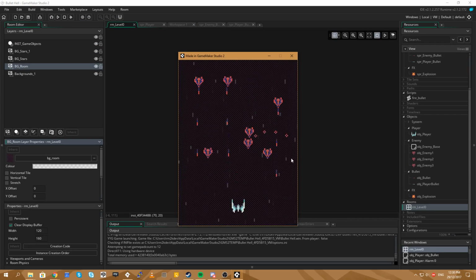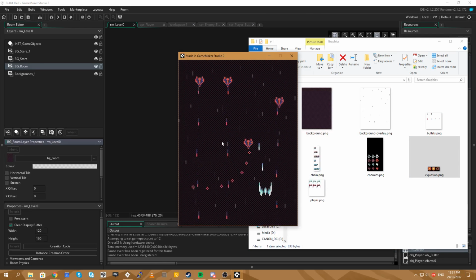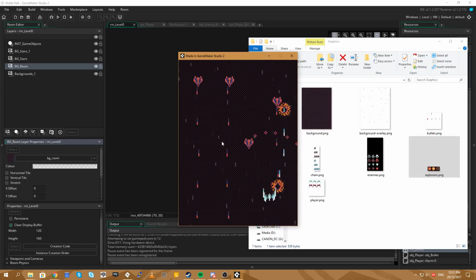Oh, engine fire, right, gotcha. We could, but I don't know if I have sprites for that. I'm just using a pack of art from some guy. And yeah, we don't have a sprite for it, sorry. There we go. So that's looking a little better.